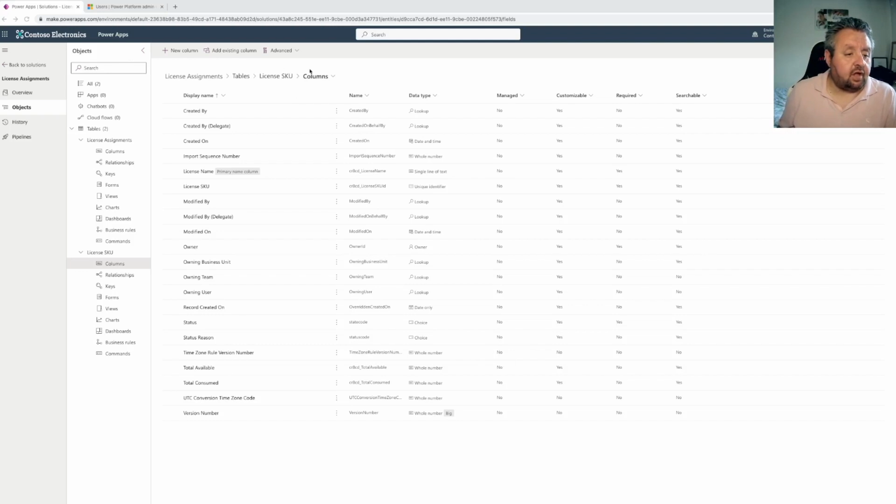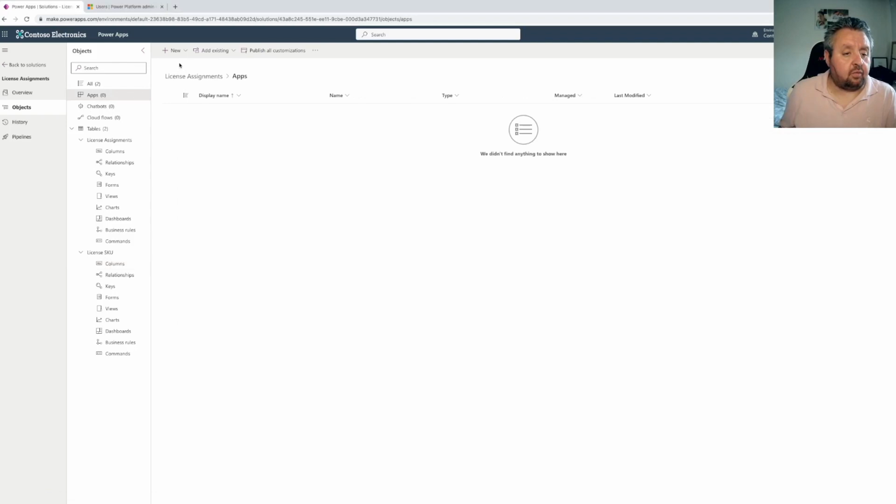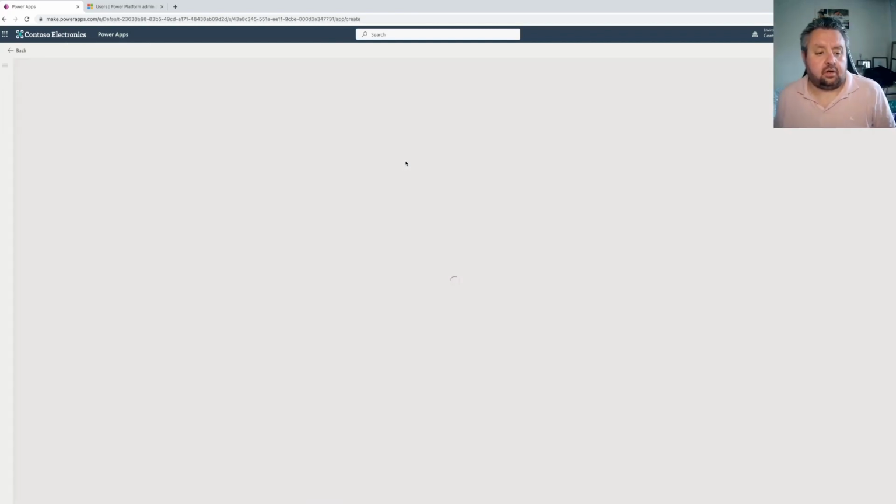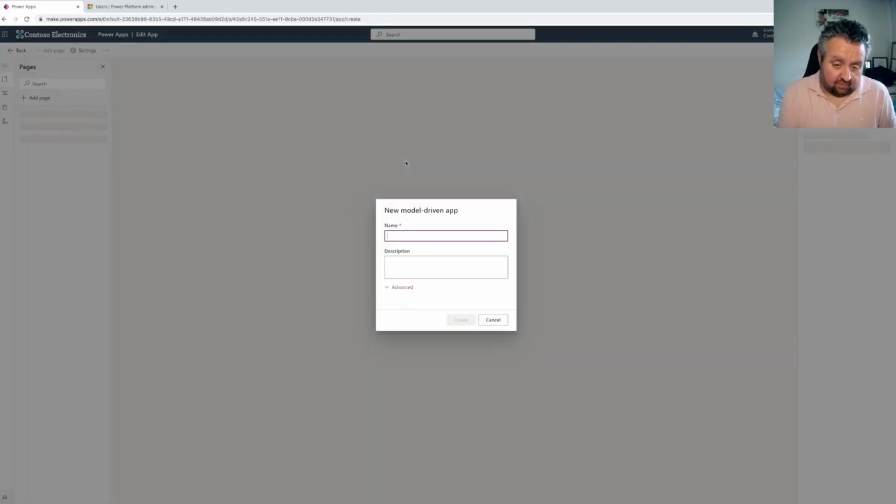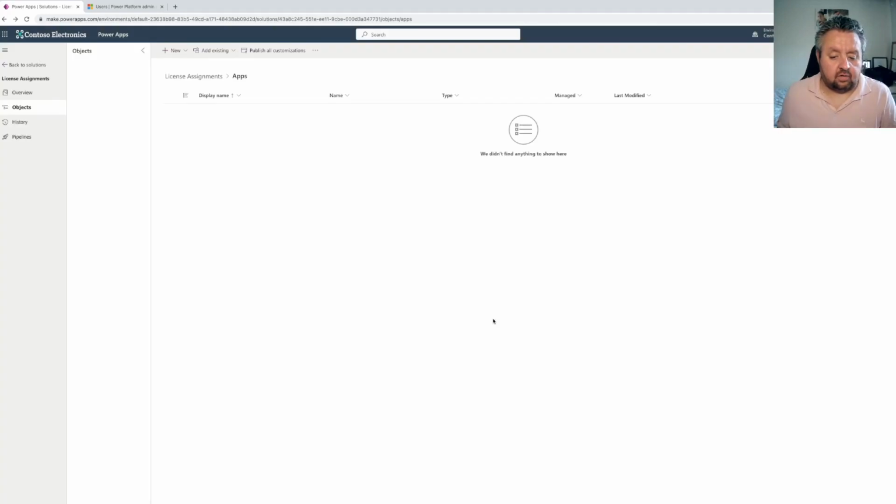Next we're going to create a model driven app so that people in central IT can see what's happening and how many licenses are available and who's getting assigned licenses. So we're going to create a model driven app, and we are going to call this, actually before I do that, there's one thing I need to do,